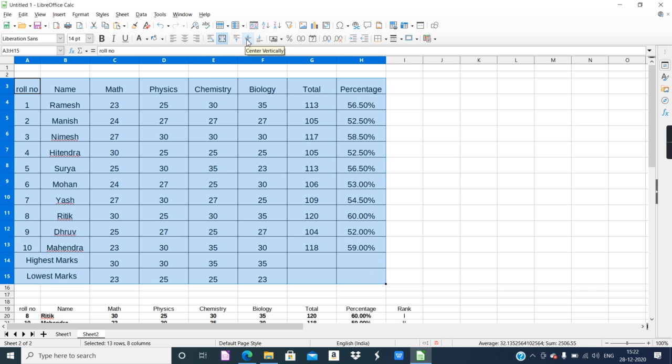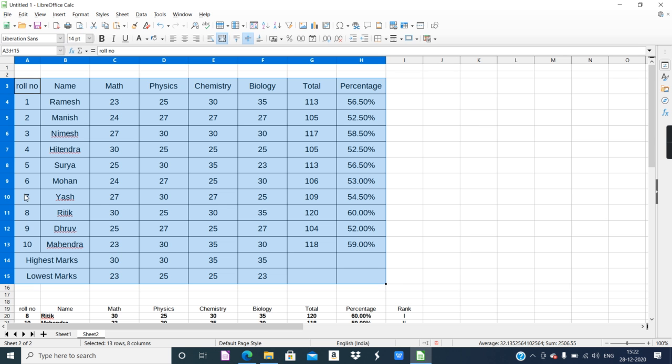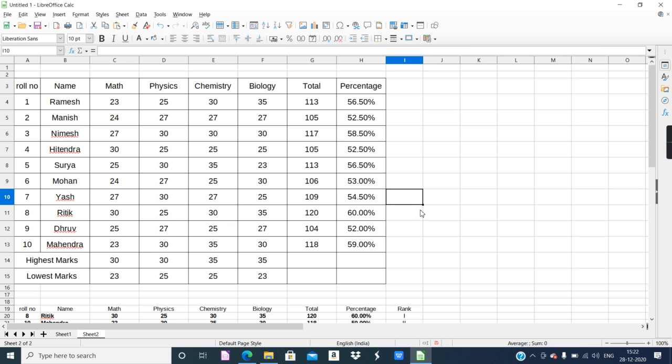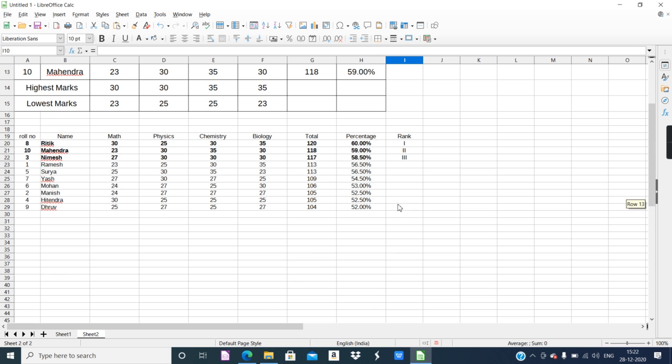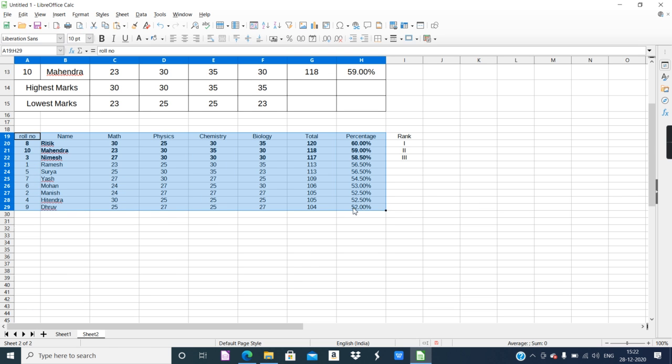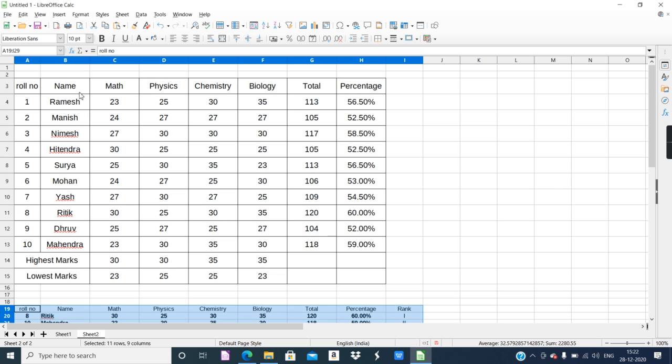Now where is this option called? See here, alignment. Align top, align center vertically, align bottom. I'll use this center vertically. Now you can see this. Okay, so this is how you can do a little bit of formatting if you want to take a printout of this. Because if you take a printout of this data, you will not see any borders of the table.